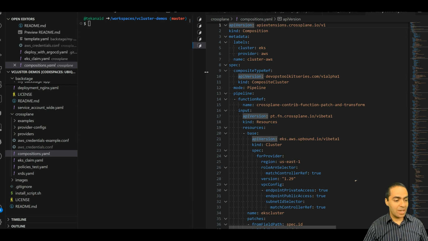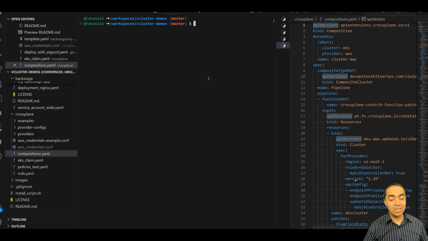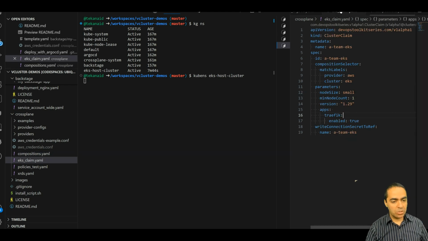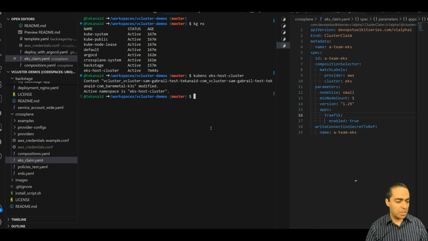So now that we see how Crossplane works and how it's integrated with Backstage, I can run kubectl get namespaces, and we'll see very quickly the different namespaces, of course, but here's the EKS host cluster namespace that got generated by ArgoCD. So if I get into that namespace, I want to show you the cluster claim. So if I run kubectl get cluster claim,